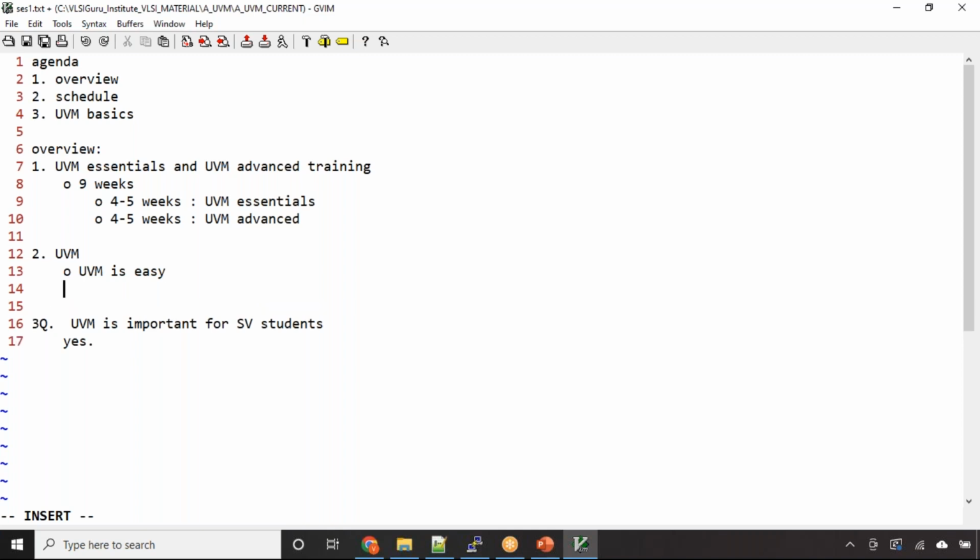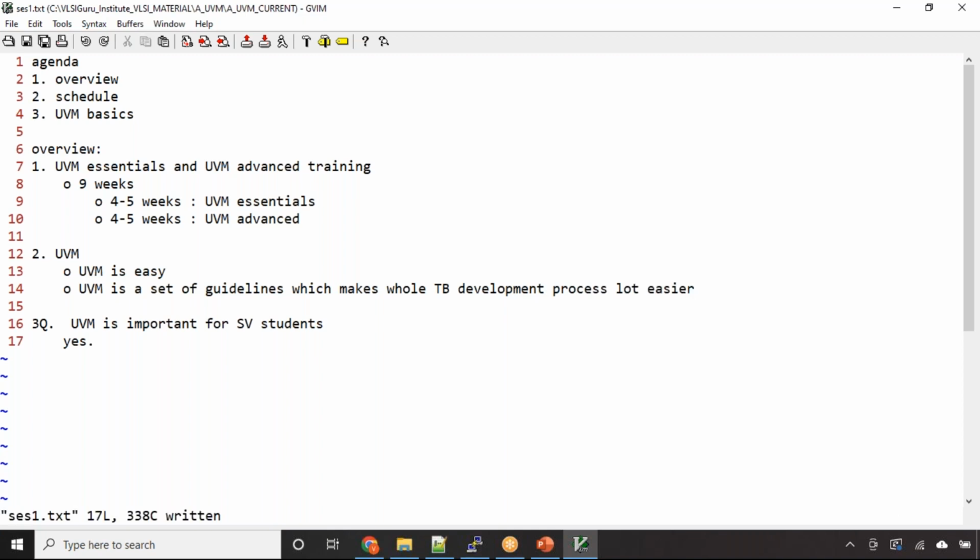Why it is easy is, UVM is a set of guidelines which makes the whole test bench development process a lot easier. Now many of you have completed System Verilog language training. If I give you a design, it can be a simple thing like an asynchronous FIFO or a complex design, let's say a PCI controller,